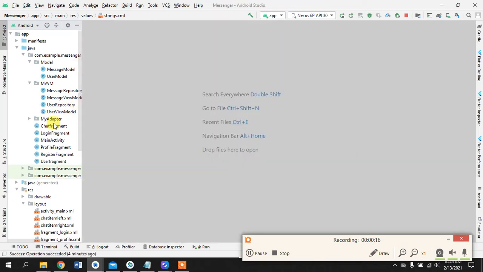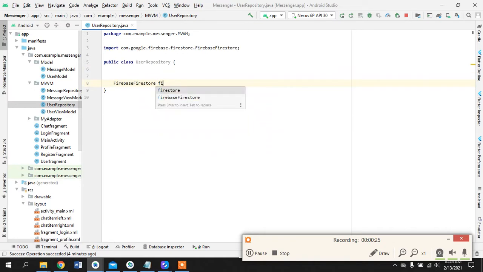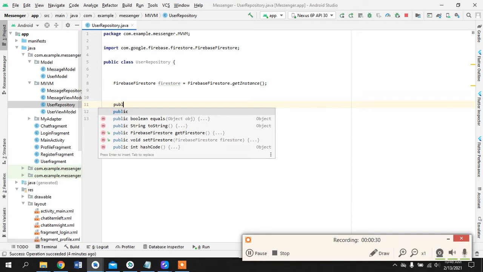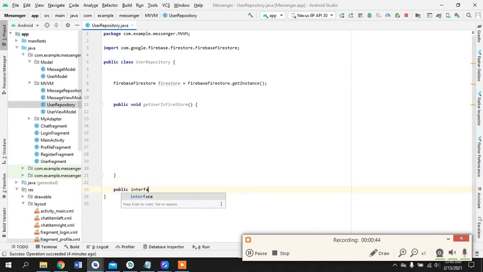What I'll do is quickly head over to our user repository and create an instance of it, and a public void getUserInFirestore. This is a method, and we'll create an interface on userAvailableInFirestore,